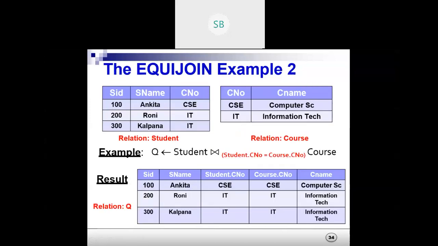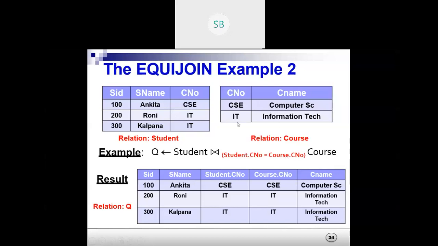Here is an example too. You can see we have the relations student and course. Student has three rows and course has two rows. We go for the combination based on the condition that student.course number is equal to course.course number.